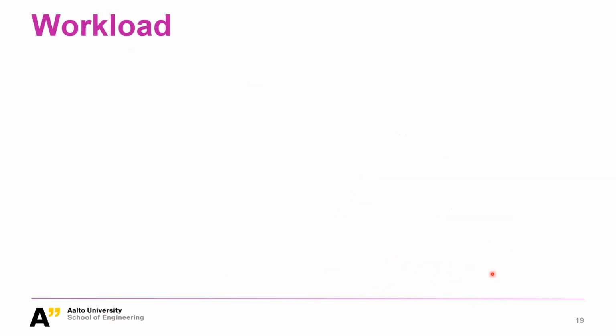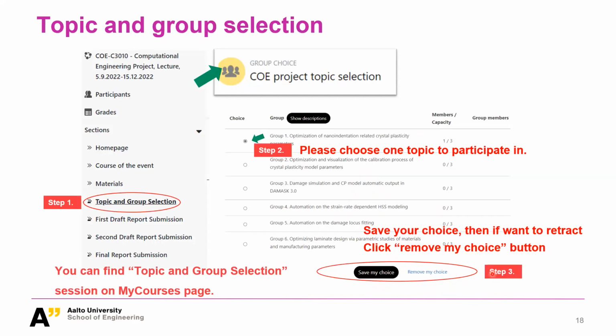I remember there are a few more. Like we only have 8 people and 6 projects. What if you choose a project where only one person was selected? Is it going to be cancelled? Yeah, that's a good point. First of all, I don't think we will really have 8 people, and that's the first thing. But there might be such a case, as you can see, we have